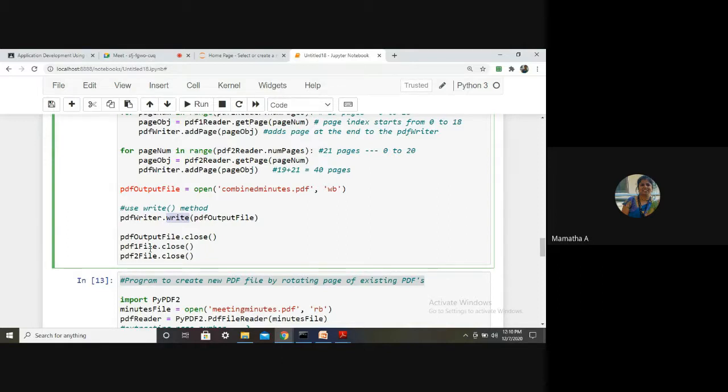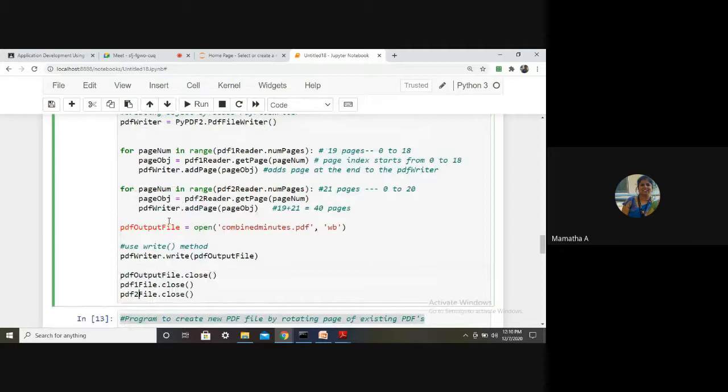Then close all the files: PDF output file, PDF 1 file, PDF 2 file. You do not have to worry about the objects. Objects will be deallocated automatically, but the files have to be closed. Is that clear?